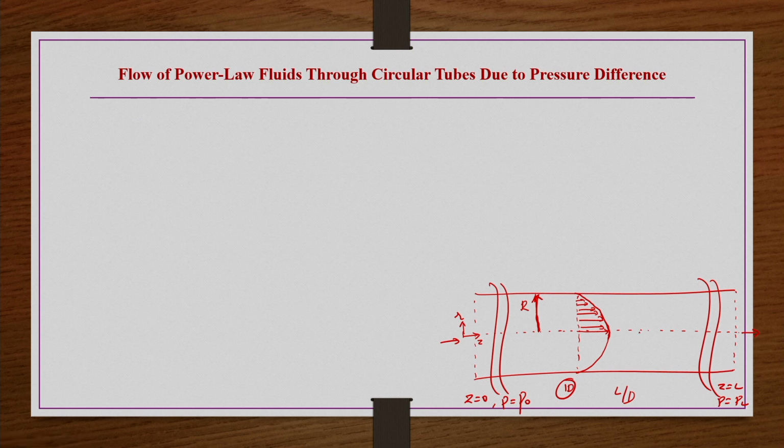The shear stress, as we have seen till now, is 0 at the center, and as we move towards the wall it increases linearly for one dimensional flow through a circular tube like this. So this is the distribution of the shear stress, and this is the distribution of the velocity. Here only the Vz velocity exists; we take one dimensional motion, with the flow predominating in the z direction.